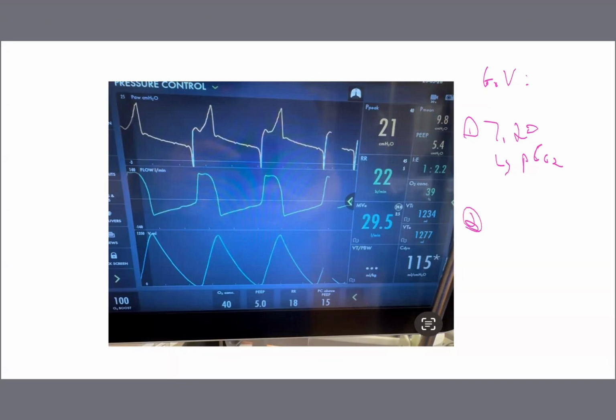Number two is we want to limit the plateau pressure to certainly less than 30. And then number three is no to minimal auto PEEP. So we want to limit the amount of auto PEEP. We know that auto PEEP is a rate related phenomenon. We know that auto PEEP can lead to barotrauma and possible cardiovascular collapse. However, in this situation,